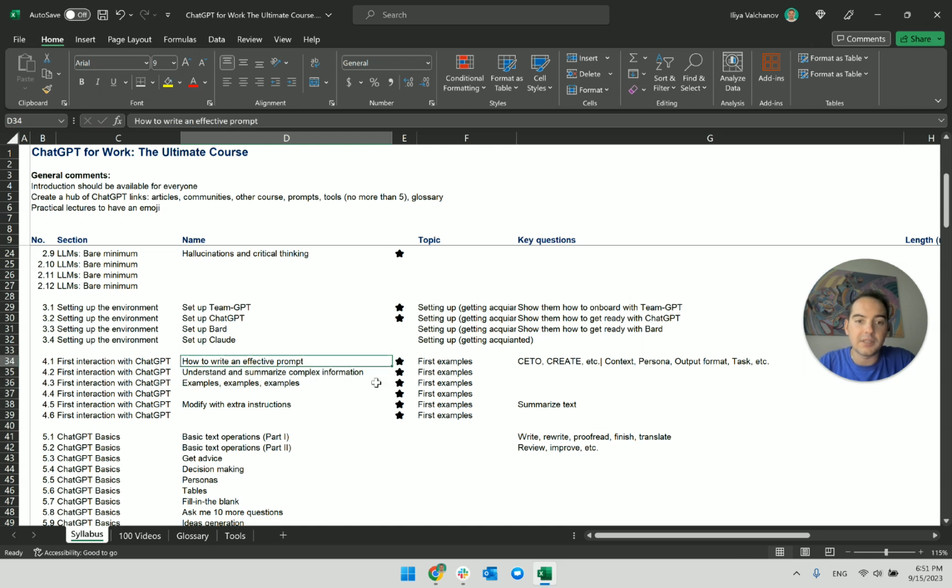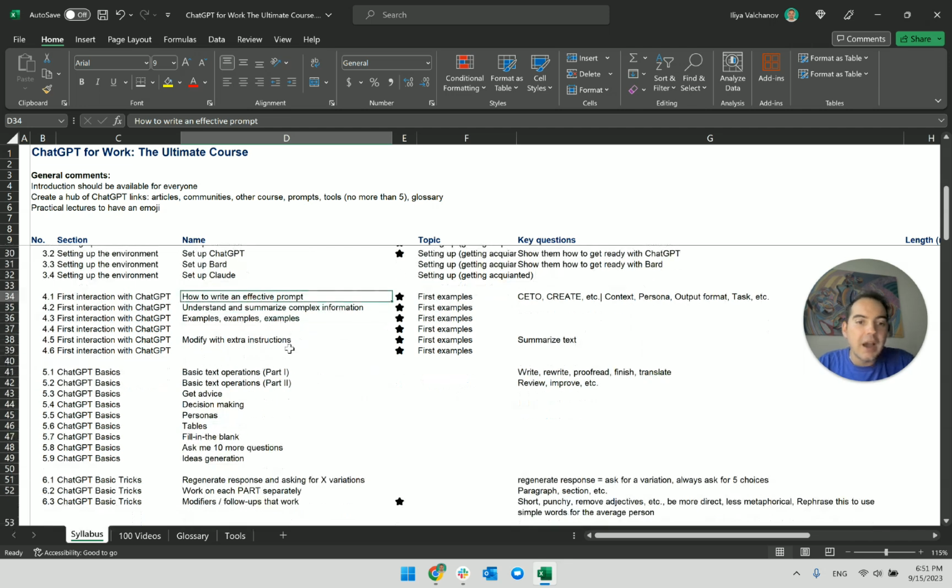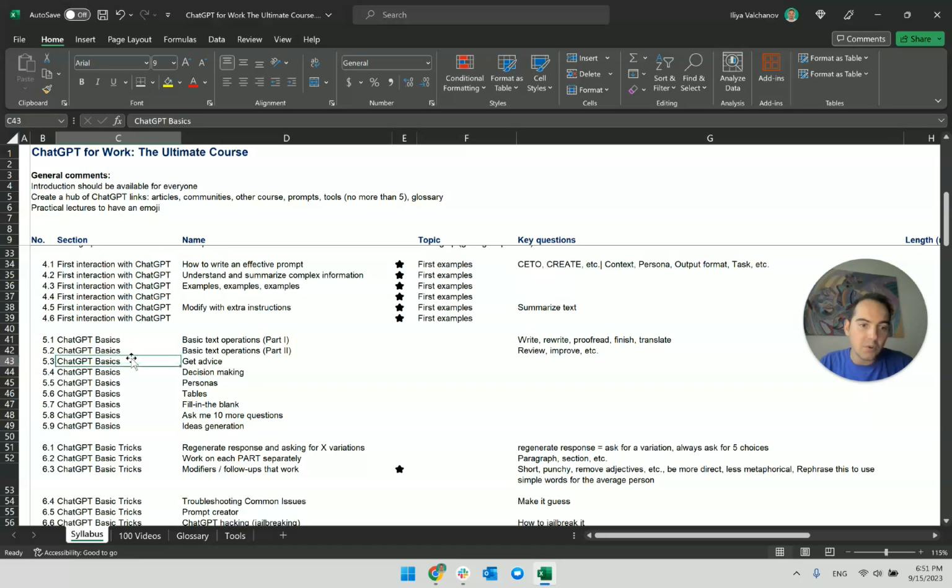And it will be related to how to write an effective prompt and do the basic thing with ChatGPT. I still haven't written down the exact lectures, and this is because I will now take this whole thing and go section by section and start thinking about it more.